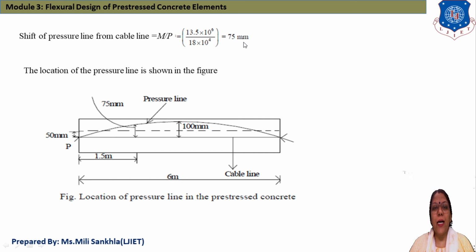Now the question asks to plot the pressure line or thrust line. First of all, the horizontal member. This upward deflection is our pressure line, which is the resultant of our pre-stressing force and external load, and this dotted line is our central line. Now here in data given 50 mm eccentricity, so from this central line 50 mm in the down direction, CG below the CGC level, and 100 mm at center portion.